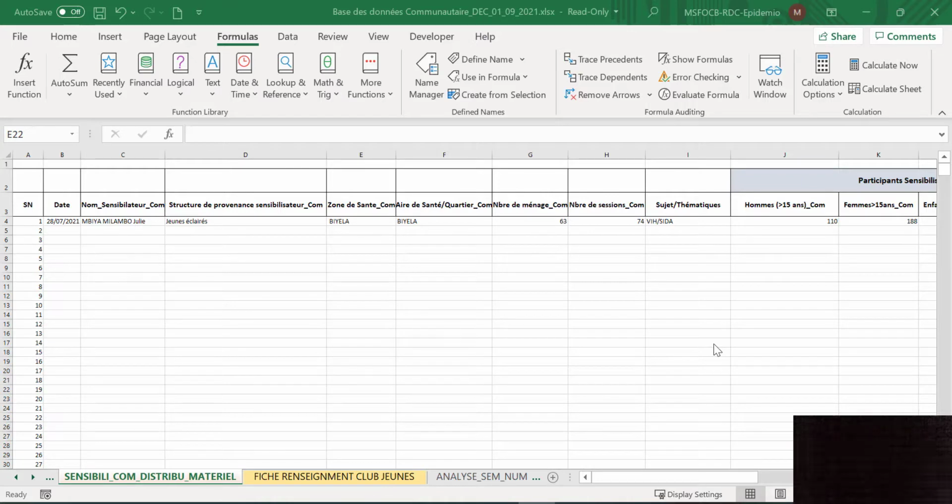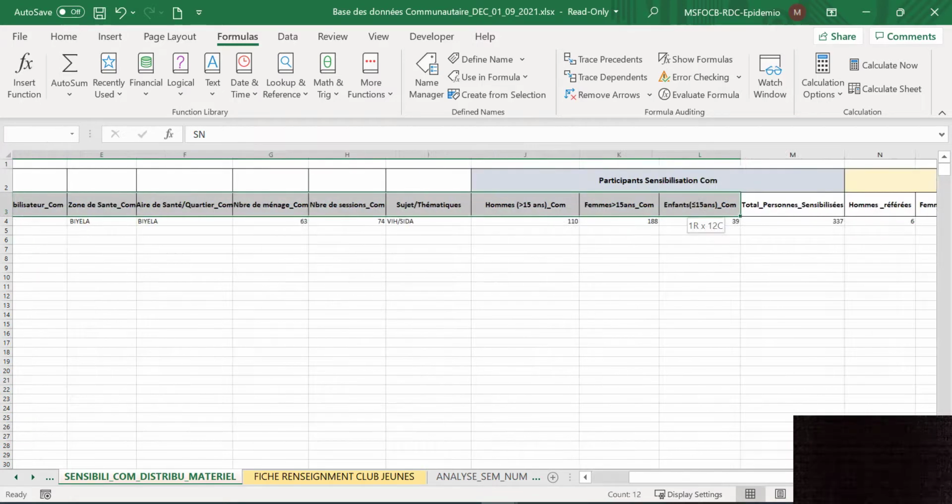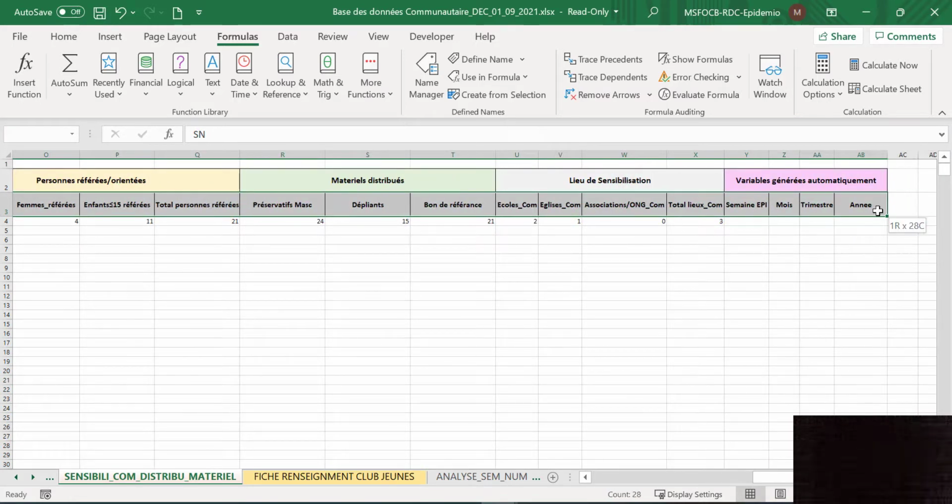At this point, I must say that you've done a great job, but I want to show you how to improve on your work. So the first thing is you have to convert your database into a table. That way, it's going to make the writing of formulas for you very easy, right? So to do that, you select the whole of the database up to this point,